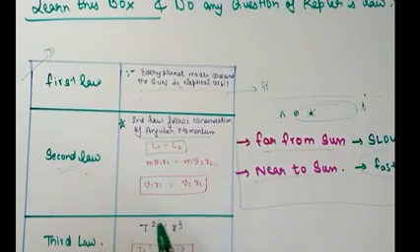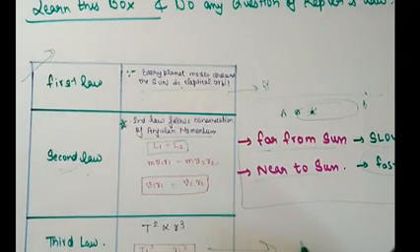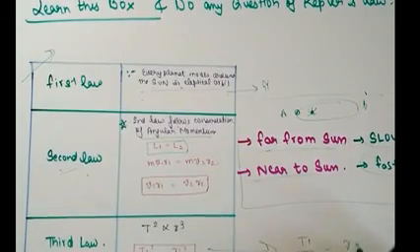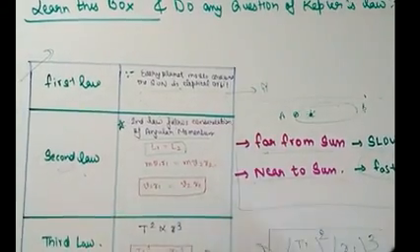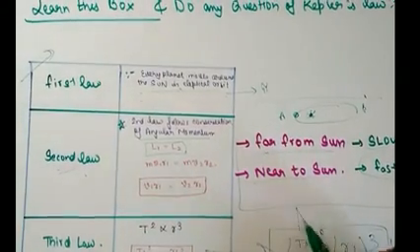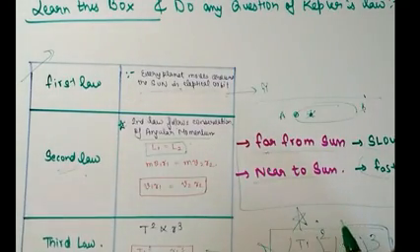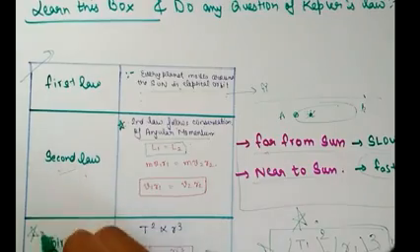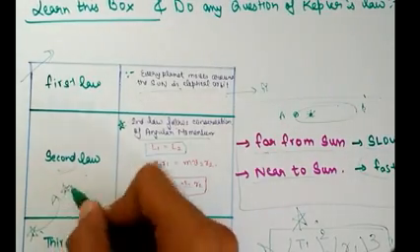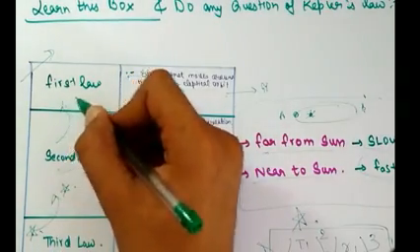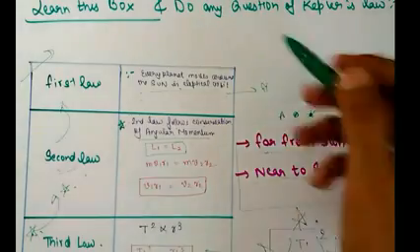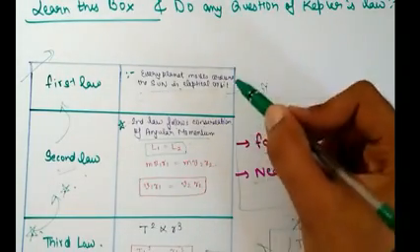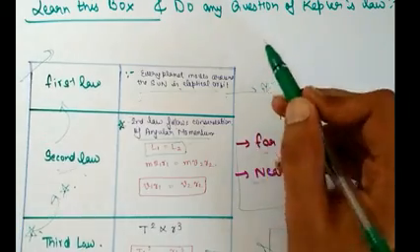Now coming to the third law, it says that T square is proportional to r to the power cube. The way to remember this formula is simply T1 by T2 equal to r1 by r2, where we have to square the left side and cube the right side. That's how we are going to solve these questions, and this is the formula we have to remember. Mostly the questions on Kepler's laws are from the third law, then from the second law, and only a few are from the first law. This is what we have to remember while doing the questions of Kepler's law. And one thing I insist is that you remember this box thoroughly, because it is going to be very helpful.